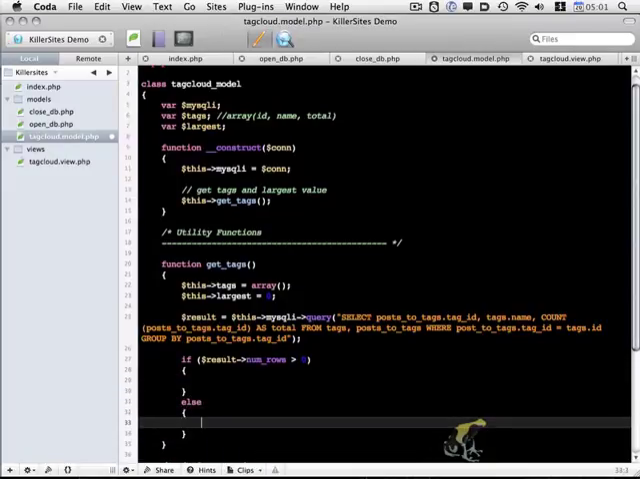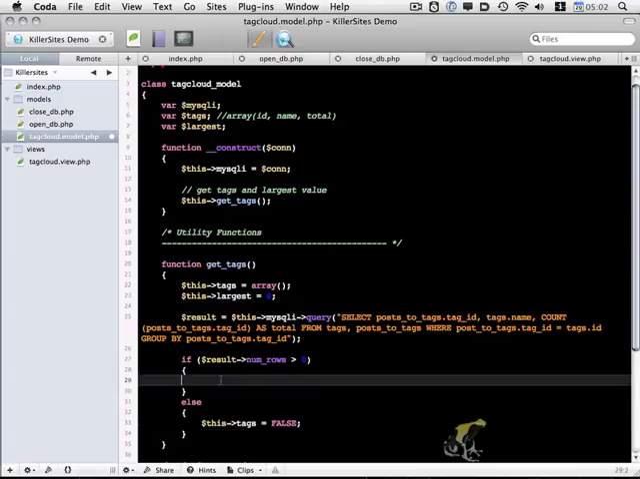Otherwise, let's set this tags variable to false. And this will indicate that there were no tags in our database, or potentially that our query has a problem. Okay, so now within this, we want to do a while loop, and we're going to loop through each of the results. So while the row equals result fetch object,